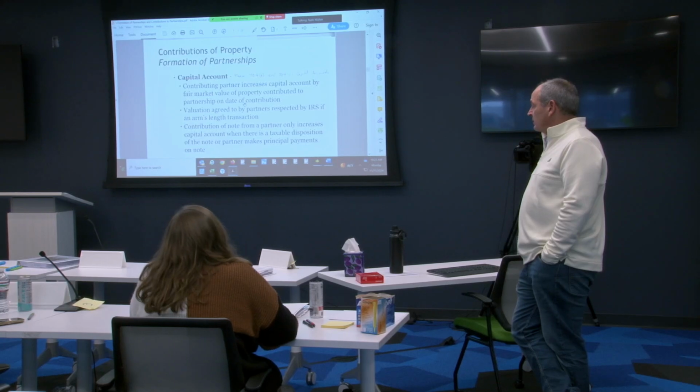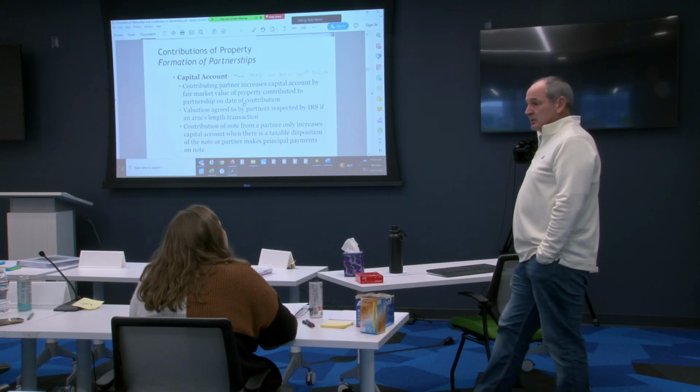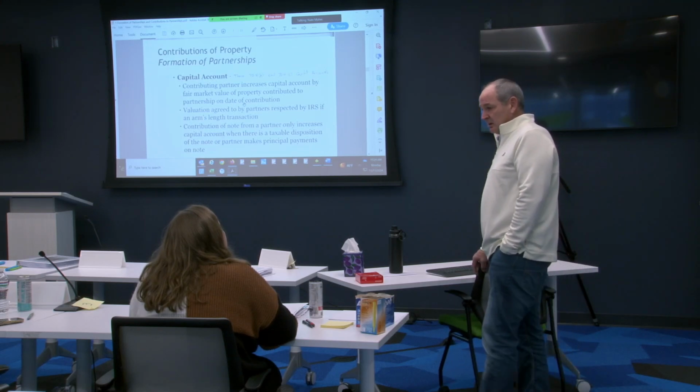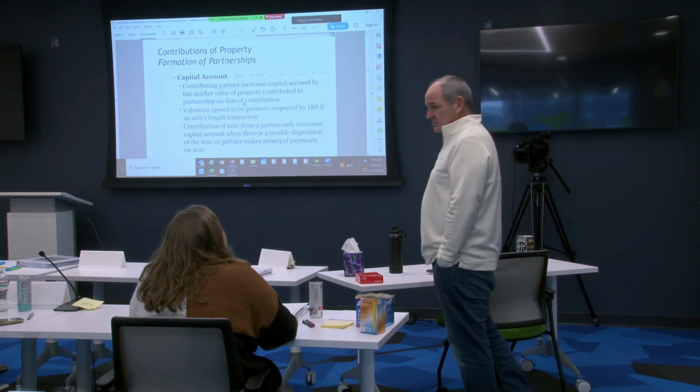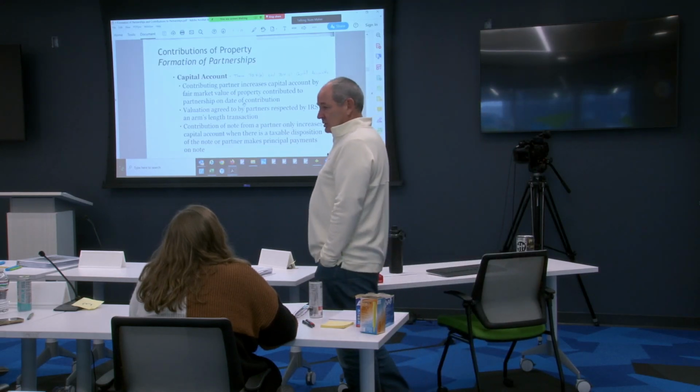And the third point being made here is that if a partner transfers a promise to pay to the partnership in exchange for an interest, so Pete, Aaron put in $1 million of cash, Pete put in a promise to pay of $1 million, and we're 50-50 partners. So our 704(b) capital accounts are $1 million. I don't know if I'm good for it or not. And what this is saying,